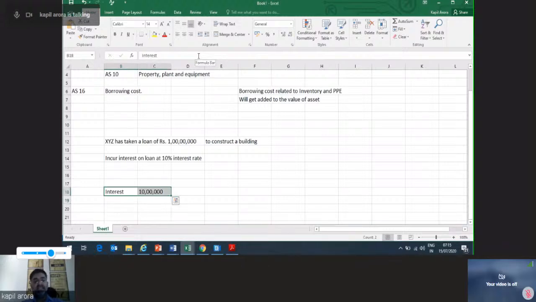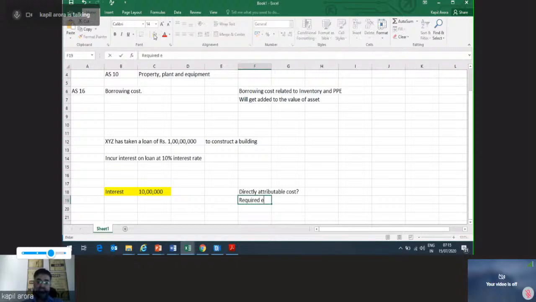Now, can this interest be treated as a directly attributable cost, or I can say a required expense which should be added